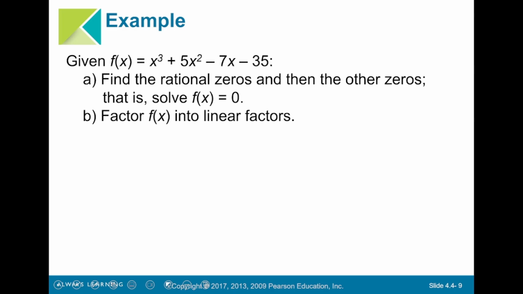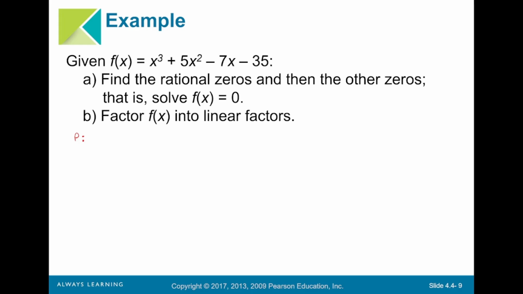So let's actually use it in practice. Let's find all the rational zeros and then the other zeros of this polynomial. And I am going to take the time to go through the list in a strategic way. Sometimes you have to go through 3 or 4 numbers until you find all of your zeros. So let's go through that process now. Given that f of x equals x cubed plus 5x squared minus 7x minus 35, find all the rational zeros. So starting with our options for p,